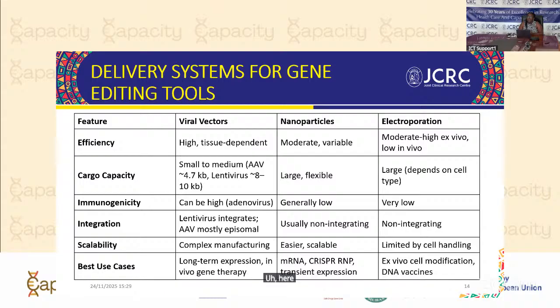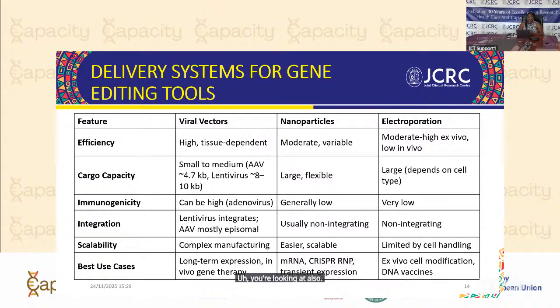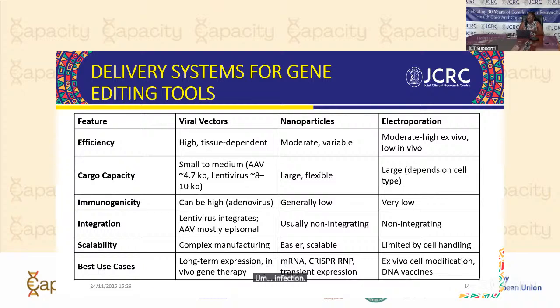Here you are looking at adeno-associated viruses. You're looking at lentiviral vectors, which are HIV-like. You're looking at also adenoviruses. And they have a very high efficiency because you're mimicking infection. Cells will take up the virus by virtue of what is expressed on the surface of the virus. However, there are challenges with using viral vectors because, for example, AAV, it has been shown that a